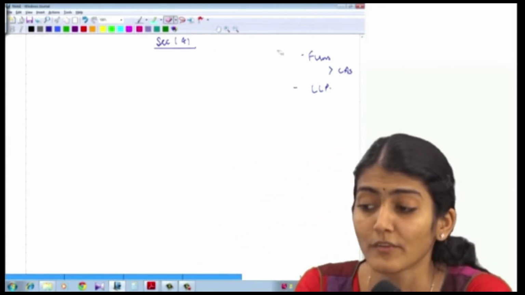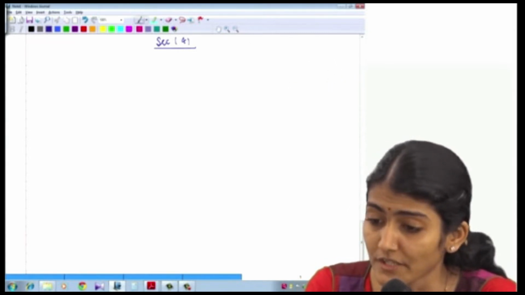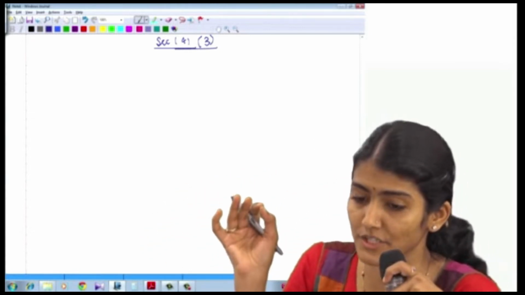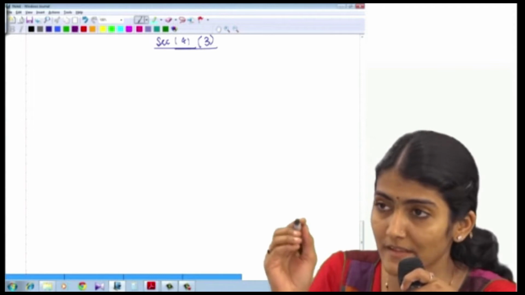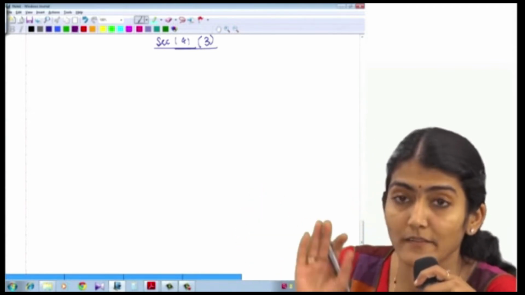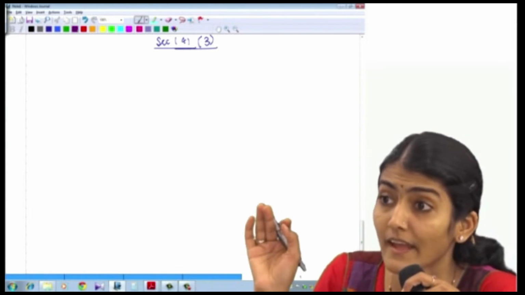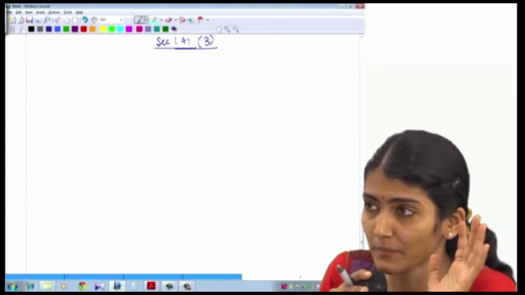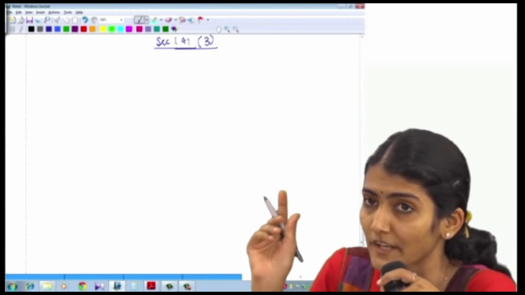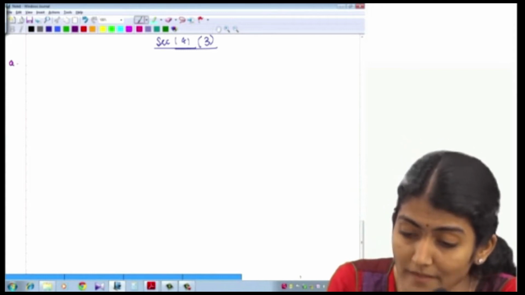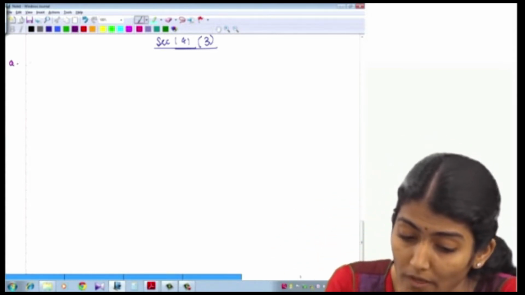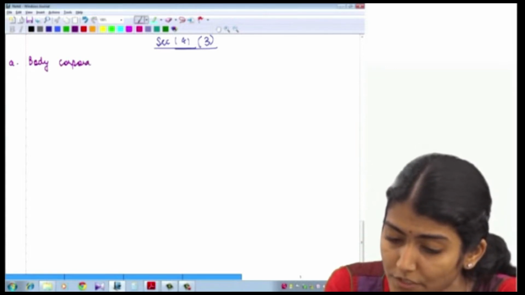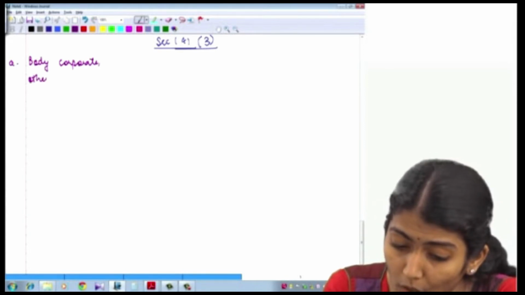But more important for us than the qualifications are the disqualifications, which are given under 141 subsection 3. No writing along with me, you will mess up, you better copy it later on. Right, so 141 subsection 3, there are 9 disqualifications for the company auditor. No question to be asked in between, let me complete the entire 9 disqualifications first. Right, 141 subsection 3 clause A. What does it say? The first disqualification: who cannot be appointed as an auditor of a company, a body corporate